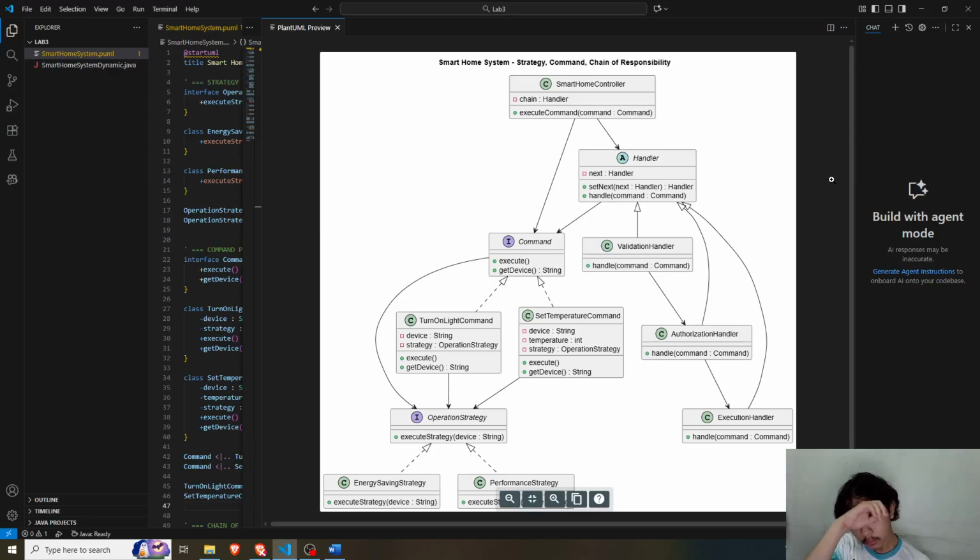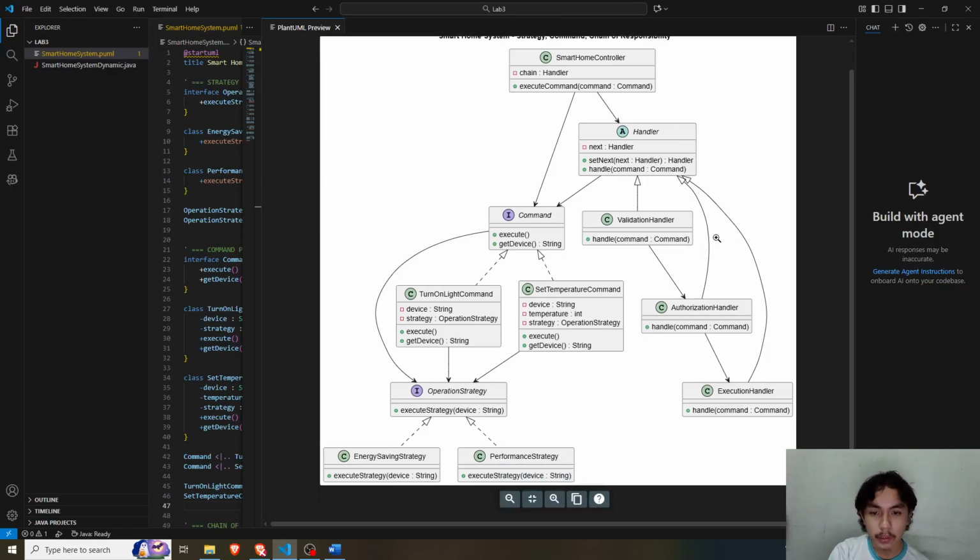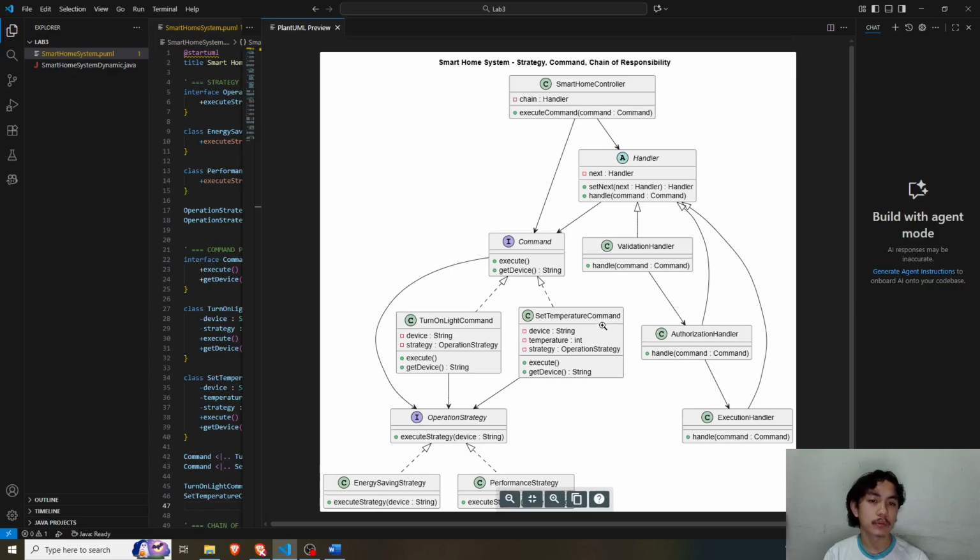The chain of responsibility is the process of processing commands through a chain of handlers, these three handlers here.